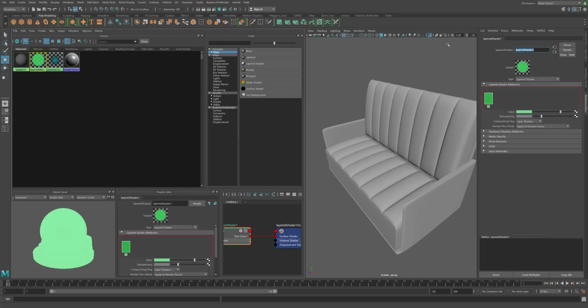So let's get that, and I'm going to rename this layered shader. I'm going to call this leather, and see if we can do parentheses around it. Probably can't. Yep, it took out the parentheses and put our underscores in, which is fine. So I got leather booth, and I'm going to say